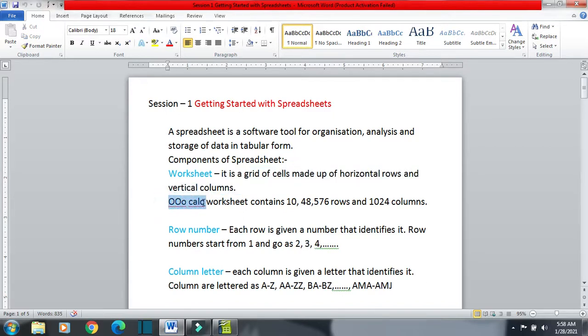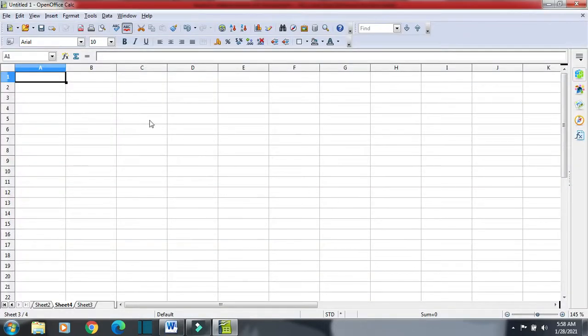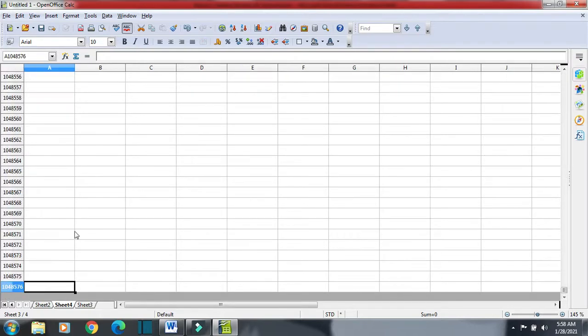Now an OpenOffice Calc worksheet contains 10,48,576 rows and 1024 columns. Let's see how many rows we have. You can see I just use Control and the down arrow key and I am at the last row, 10,48,576.